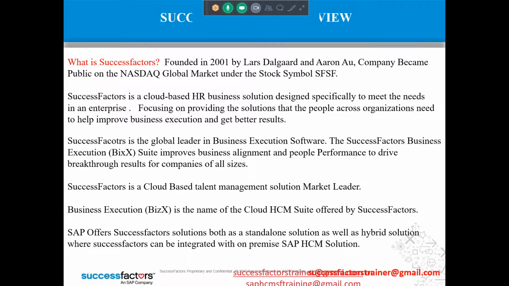So, what is SuccessFactors? Prior to SAP acquiring it, SuccessFactors was an independent company, founded in 2001, guys, by Lars Dalgaard and Aaron Au. This independent company became public on the Nasdaq Global Market, and you can see the stock symbol is